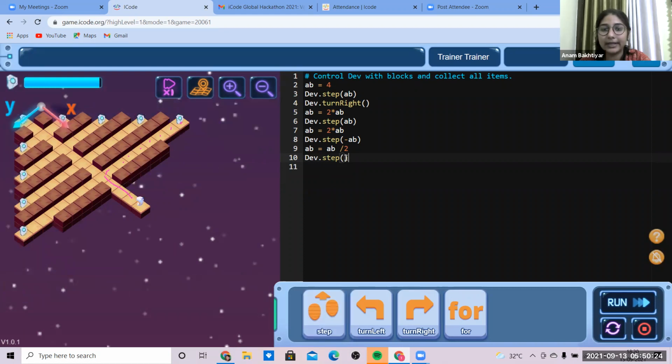Now it will go for AB. And then it will turn towards which way? Since it's moving in this direction, it will turn towards left. So let's see what will happen. Now run.